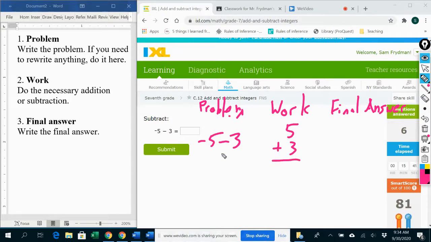Okay, a lot of students when they do this, they keep this negative here and they'll put a negative, and it just looks incredibly messy. So you don't need to do that. In fact, don't do that. Okay, I'm telling you, do not do that. We're just going to set up an easy problem like you